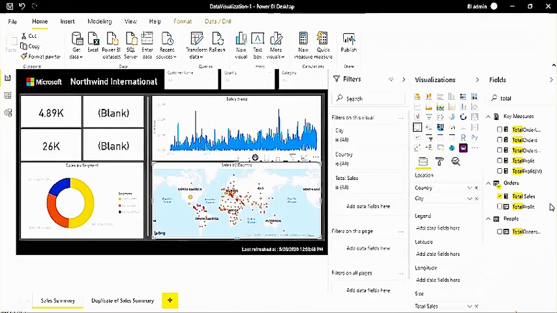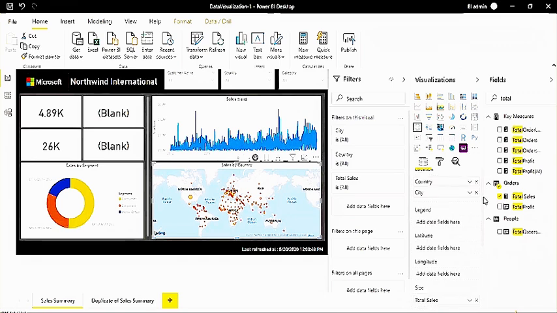Next question you can see: can we add conditions to change colors of bubbles? Yeah, good question. This question I was actually expecting from the beginning of the session. See, here in Power BI visualization, a lot of things you can do with conditional formatting, right? This question is related to conditional formatting.